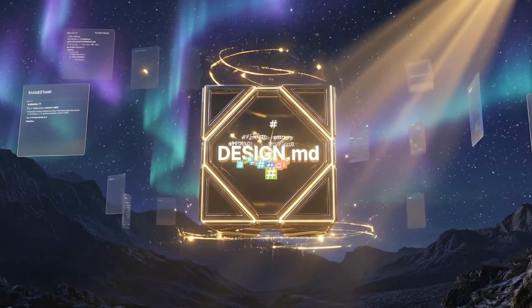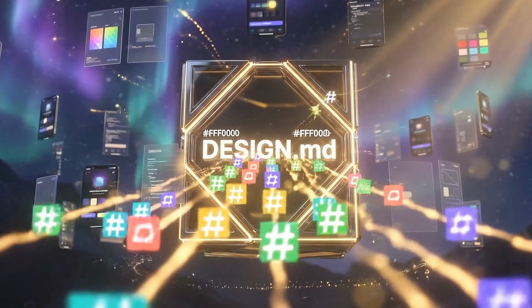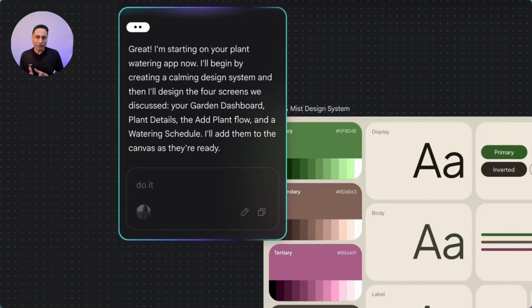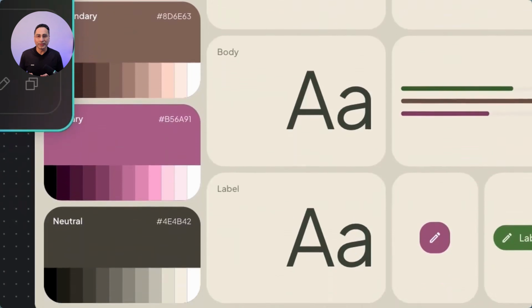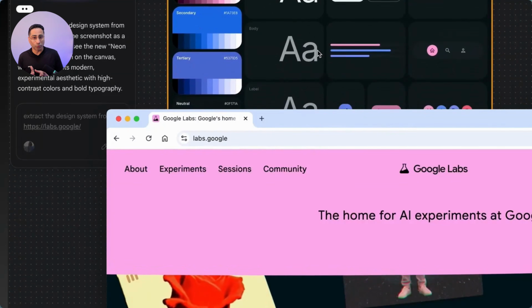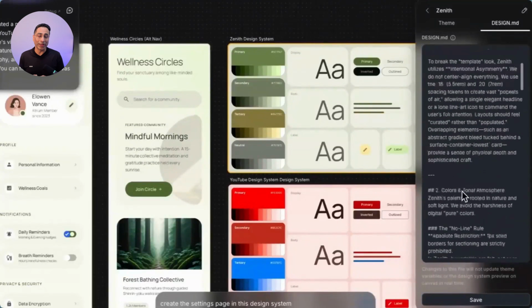And number five is design.md. So every new design now automatically starts with a cohesive design system. And there's this new design.md file that lets you export or import your design rules across projects and even to external tools. So in this video, what I'm going to do is walk you through each one of these